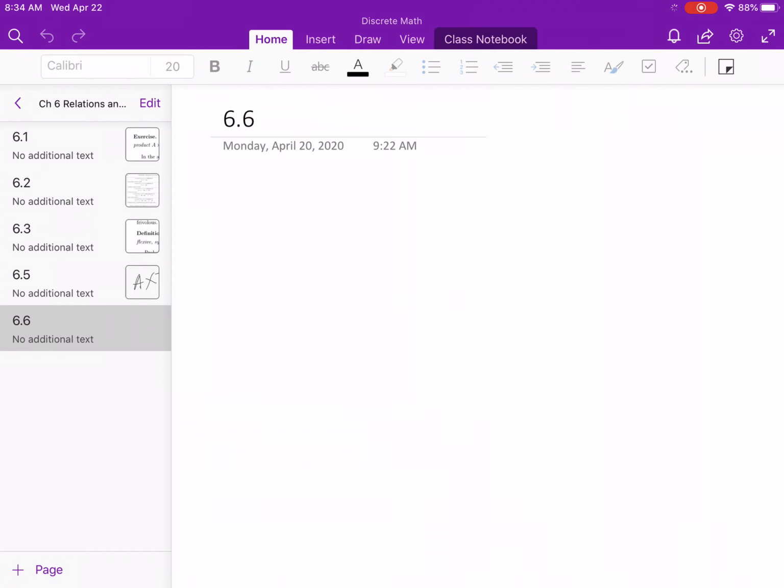Right, let's finish up chapter 6, and then we'll be done with this stuff, talking about functions and relations. So, the last time in 6.5, I guess what I'm going to do is finish up what 6.5 was doing and then get into talking more about 6.6. But at the end of 6.5,